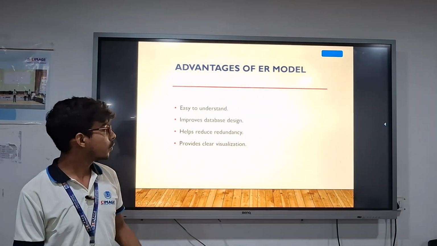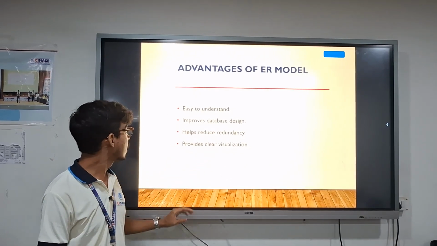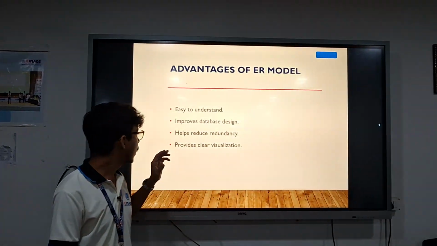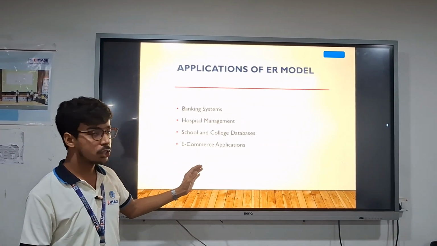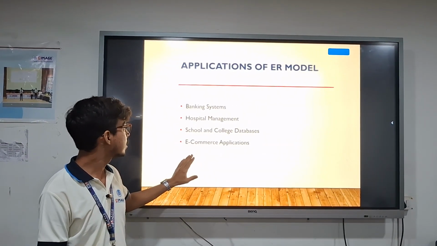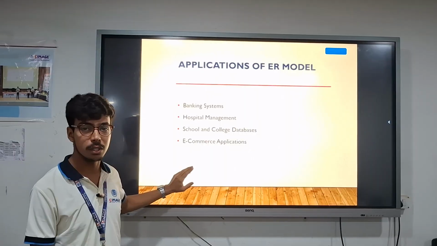Now the advantages of the ER model are that it is easy to understand, it improves database design, it helps reduce redundancy and provides clear visualization. The applications where we use the ER model are banking systems, hospital management, school and college databases,